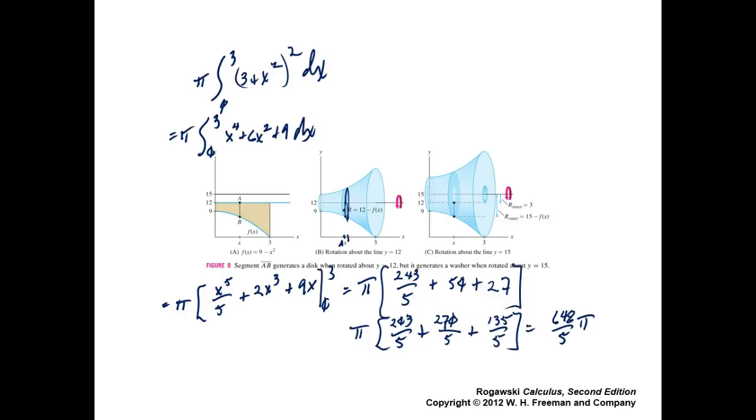The B part said rotated about the line y is equal to 15. So again, we're going to take this curve here, bounded by f of x is 9 minus x squared. And by the way, why did they stop at 3? They didn't tell you you had to, but they did stop at 3, thank goodness, because if you had gone down here, like if this had gone to 4,